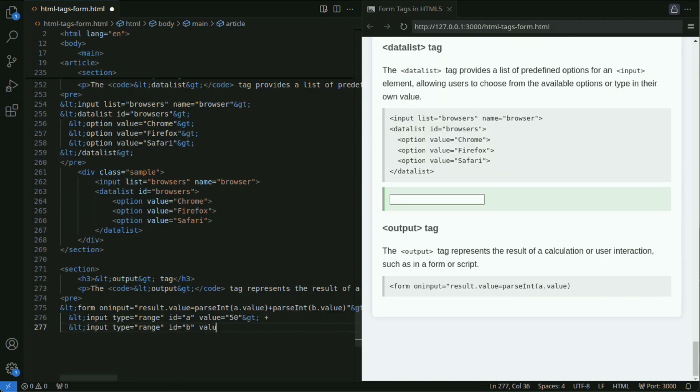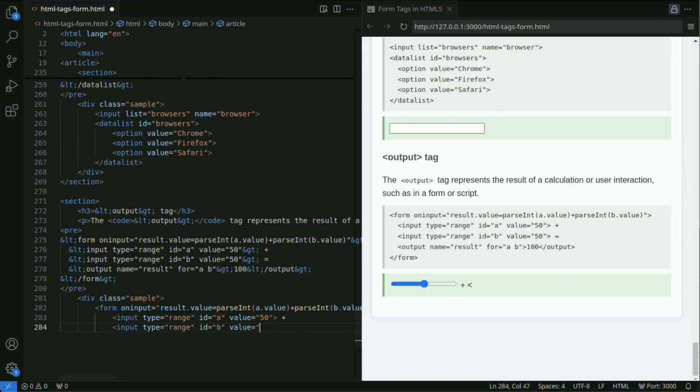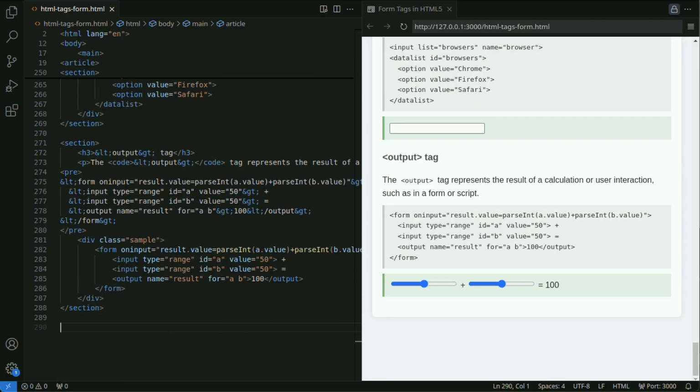Next, let's look at the output tag. The output tag displays the result of calculations or user interactions. It is used to dynamically display calculation results within forms or scripts. For the for attribute, specify the IDs of the form elements you want to associate, separated by spaces.